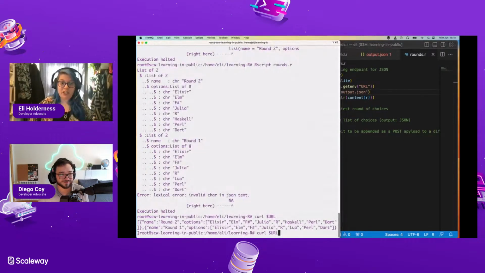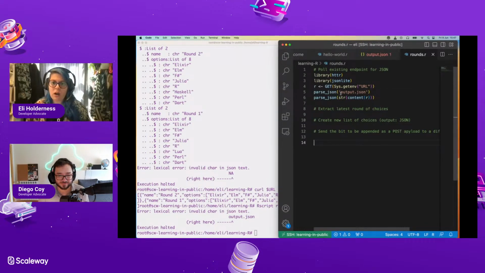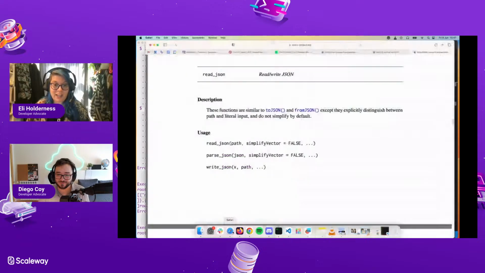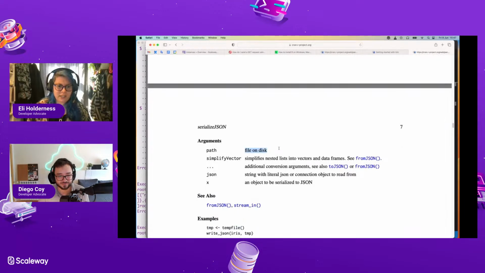It might just give me output JSON. Yeah, that isn't a thing. Is there a path object in R that I can give it? What JSON X path file on disk?